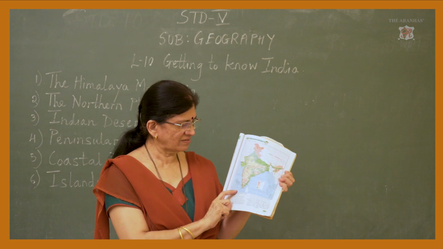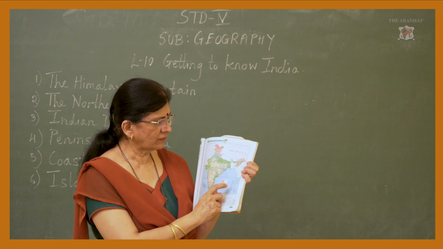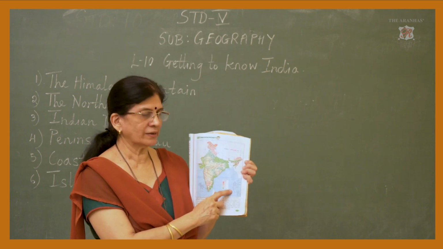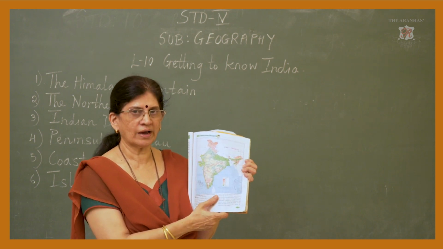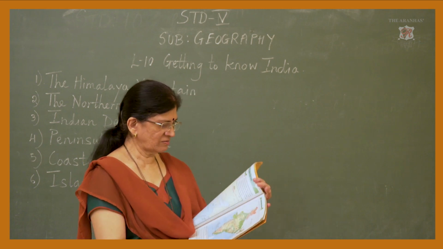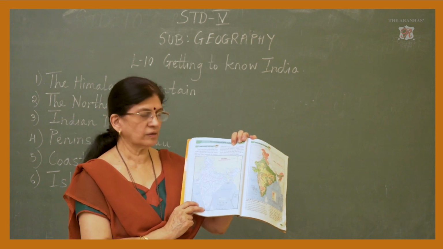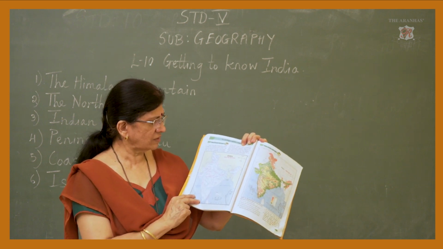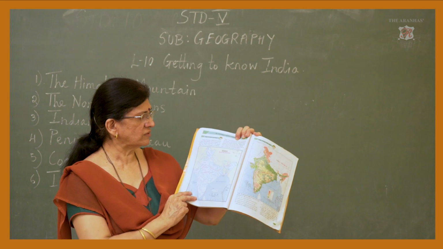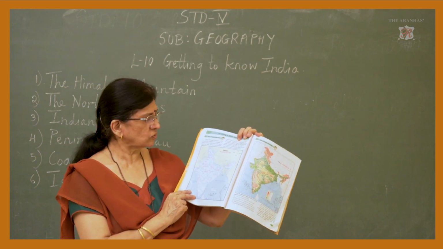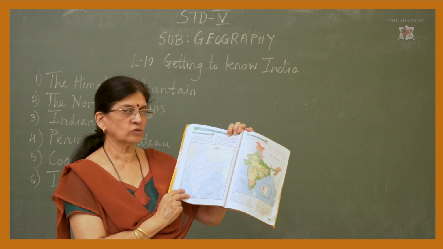You can see in the Arabian Sea we have the Lakshadweep Islands. It's a group of islands. And in the Bay of Bengal we have the Andaman and Nicobar Islands. That is also a group of islands. Now let us see this map. In this map, it's quite clear. You can see the different ranges and the major rivers and their tributaries. There are plenty of rivers in India. You can see the different rivers flowing through India.